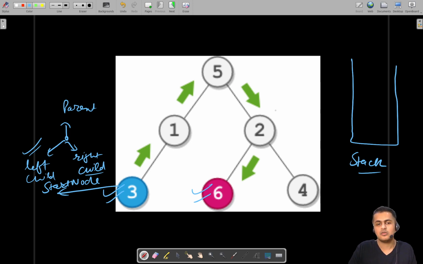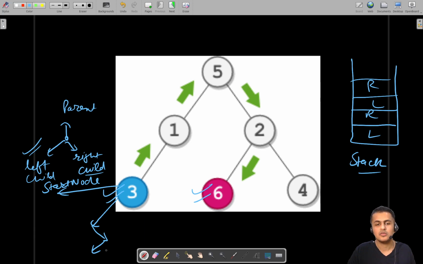We ran a DFS call on the left child, and at a certain point, if we are not able to find our destination node, let's say our left child call returned and we didn't reach the destination. In that case our stack will have some direction values that we have taken. Let's say we have taken left, then right, then left, then right. Somewhat like this. Each time you are taking one step back in the recursive call that you made,